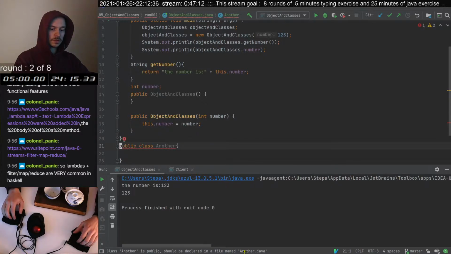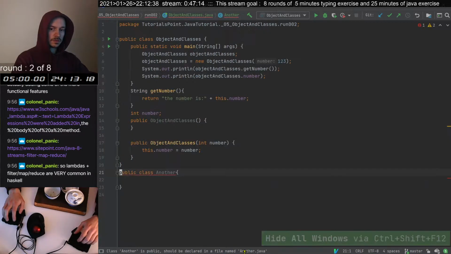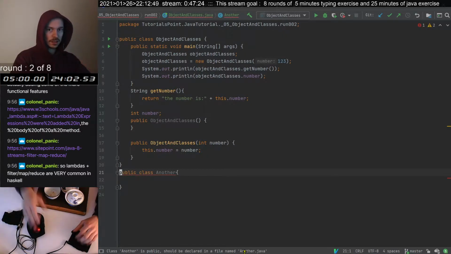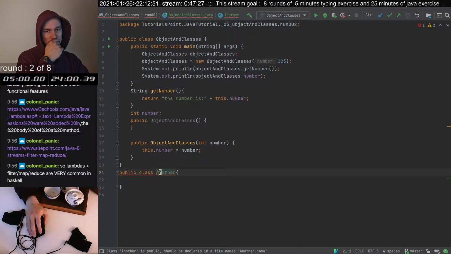And what do I want here? I want this to disappear. Here we go. And what do we have here? Yeah, the public class name should be the same as the name of the file. And I want to make this disappear. How do I